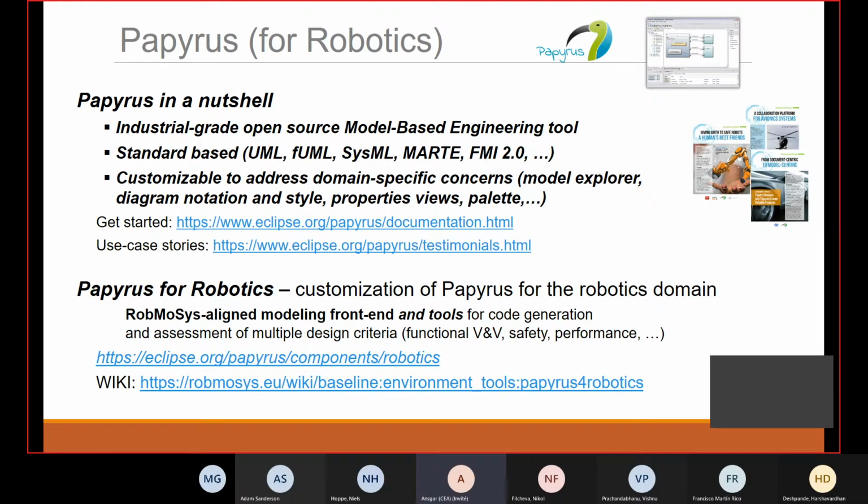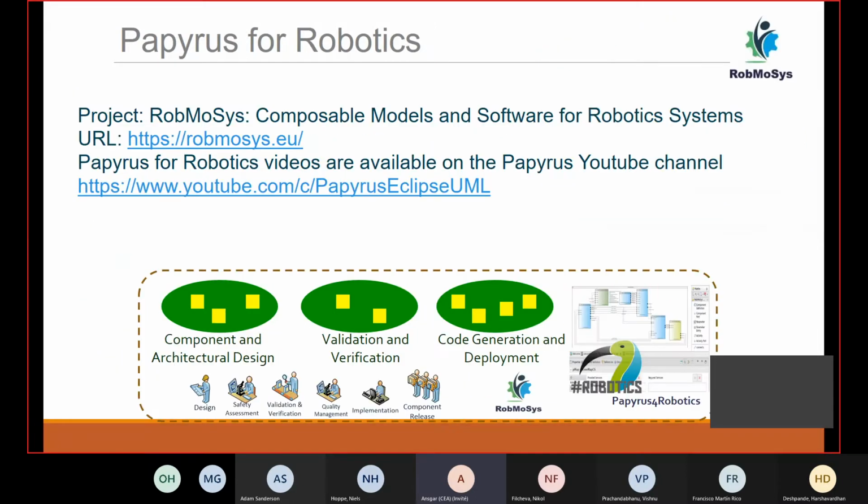And in this context, we have done customization of this tool for the robotics domain. You can here find also some information on the slides about testimonials, about documentation. And in case of Papyrus for robotics, well, there is a principal address here, eclipse.org/papyrus, and then you can navigate to the robotics component. So what is Papyrus for robotics? It is a RobMoSys aligned modeling front end and a tool with code generation, and there are also some assessment possibilities for the robotic domain. And